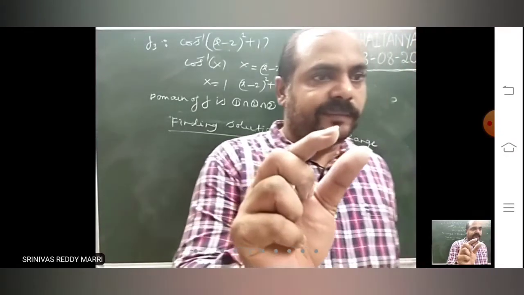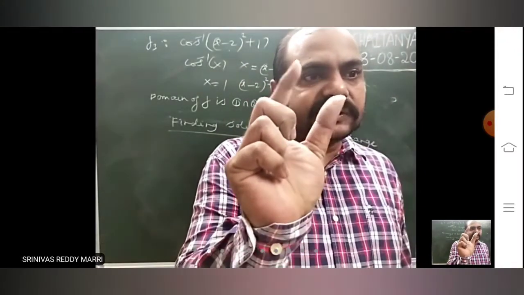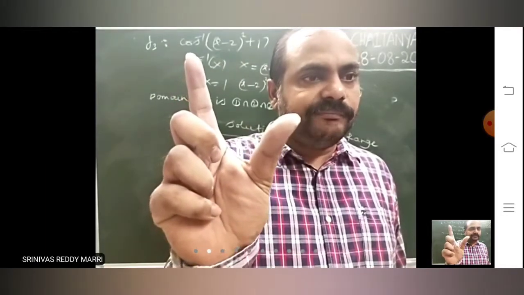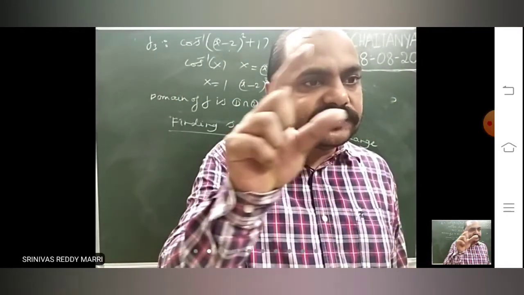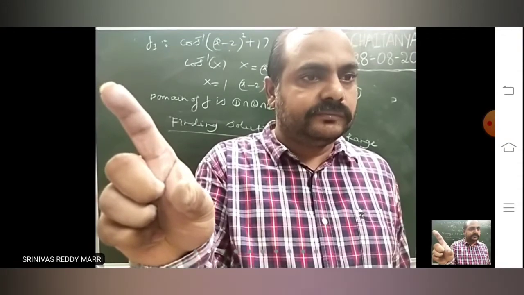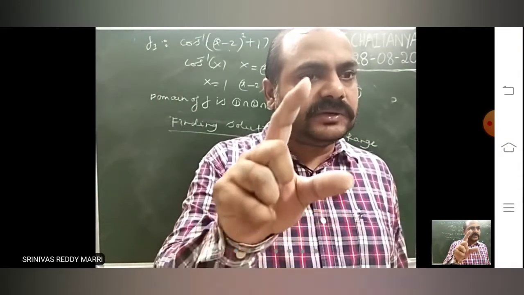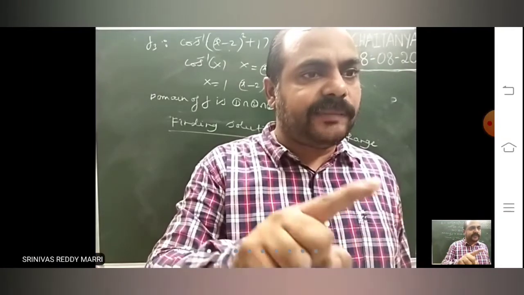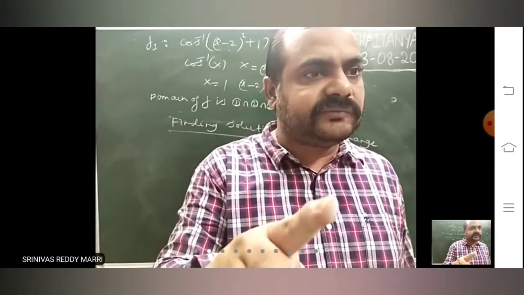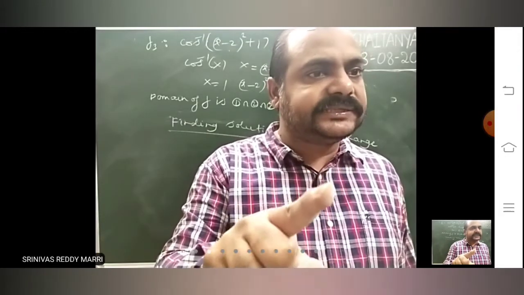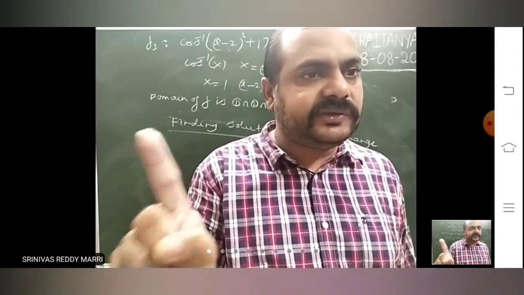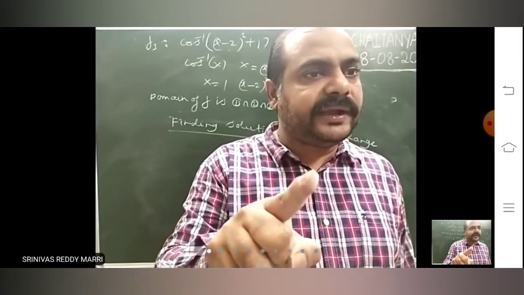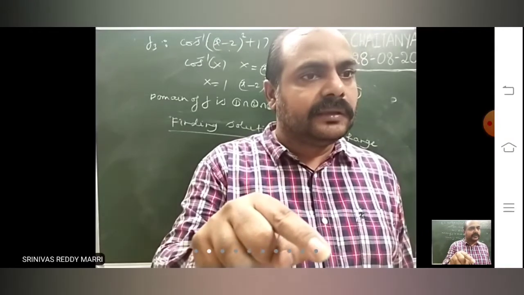Look, once we will memorize the ranges. Sine inverse x, range is what? Minus pi by 2 to pi by 2. Minimum value is minus pi by 2. Maximum value is what? Pi by 2. So minus pi by 2 less than or equal to sine inverse x less than or equal to pi by 2. Right? Similarly, cos inverse x, 0 to pi is the range. Minimum value is 0. Maximum value is pi. Tan inverse x lies in the open interval minus pi by 2 comma pi by 2, open interval.